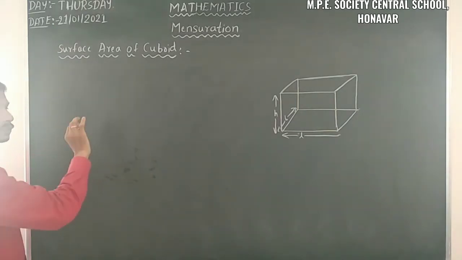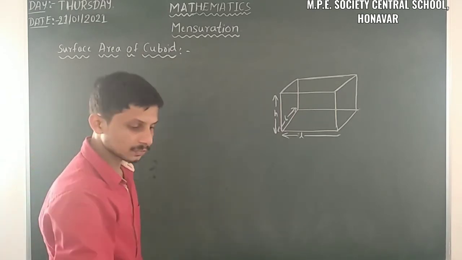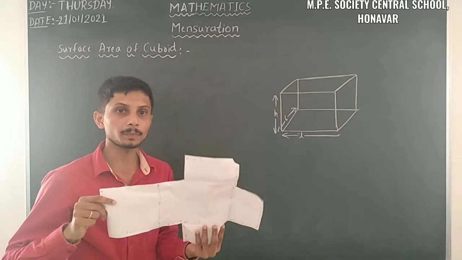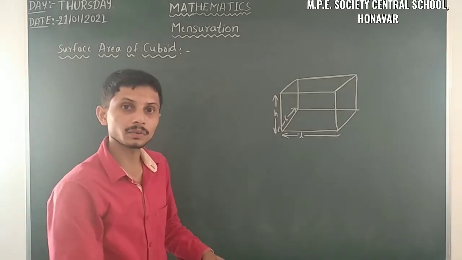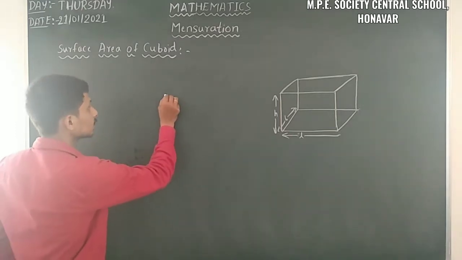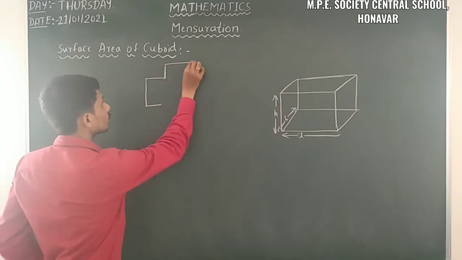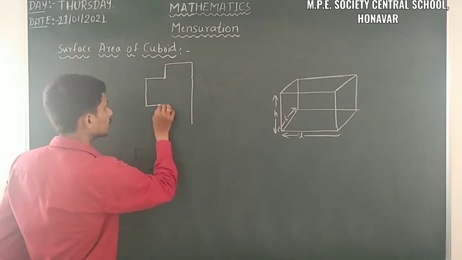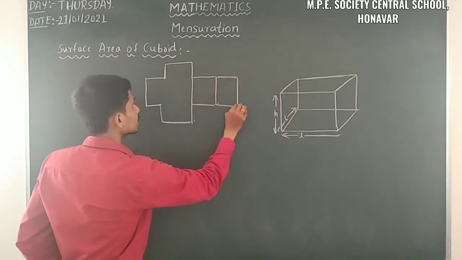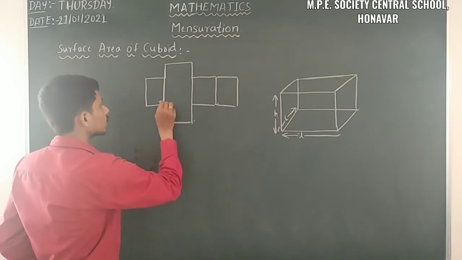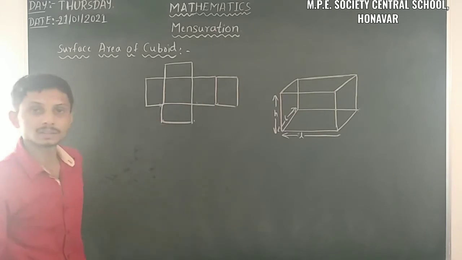Yes, cuboid. Here in this cuboid we have to find out the total surface area. We have to take it one by one. Firstly, I will take the top and bottom part. After opening this box, the box converts into 6 rectangles. That is how it looks. Here it looks like this. Yes, there are 6 such faces here, drawn using this meter scale.